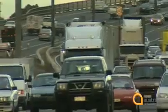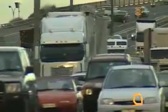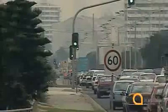Listen again. This is a worldwide problem, increasing traffic, not only because it's clogging our roads, but because of the